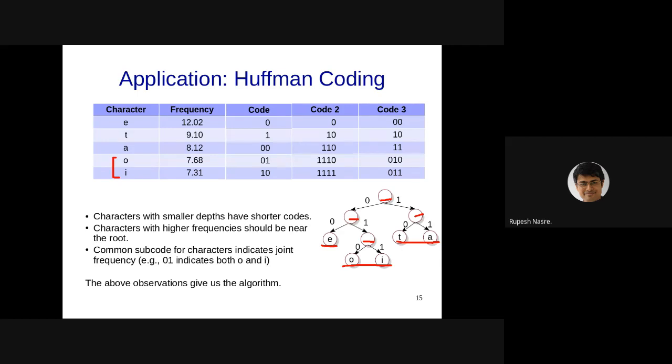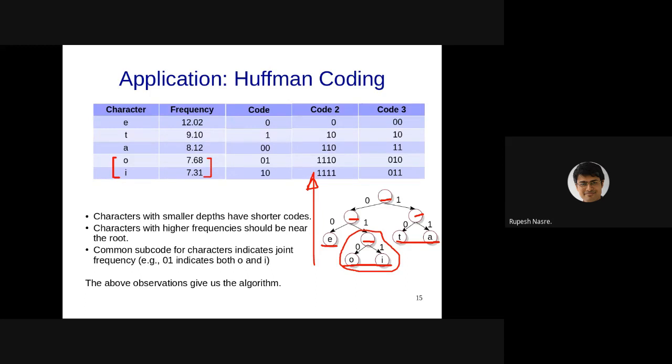Okay, so I'll tell you how that gets built up. We are going to build this heap bottom up, and therefore what we need to take into consideration are elements with the lowest frequency first. So we are going to take O and I, which have the lowest frequency, and then create this subtree. Once you have created this subtree, the ordering between O and I doesn't matter because the code lengths are going to be the same, whether it is 0 or 1.